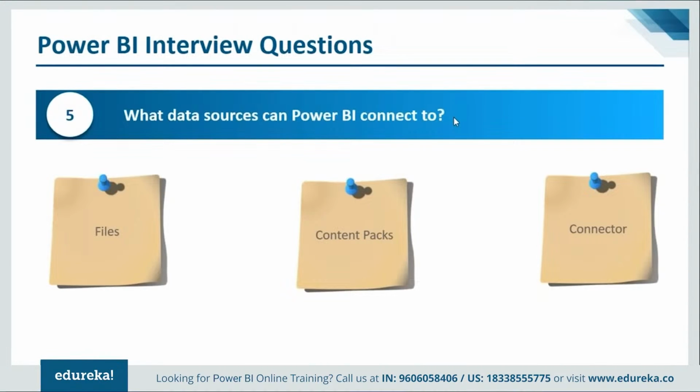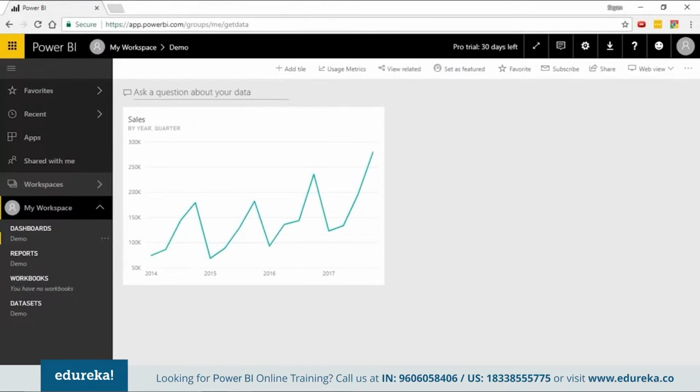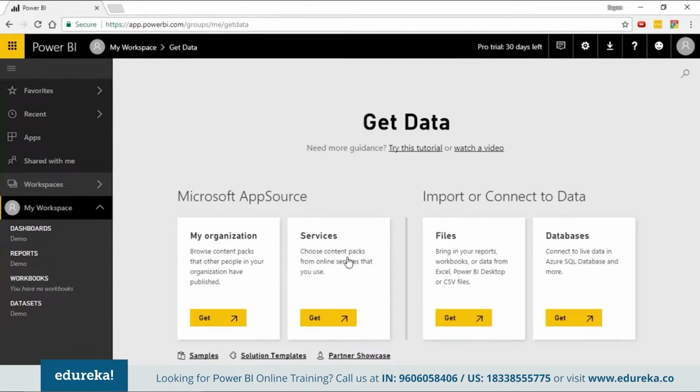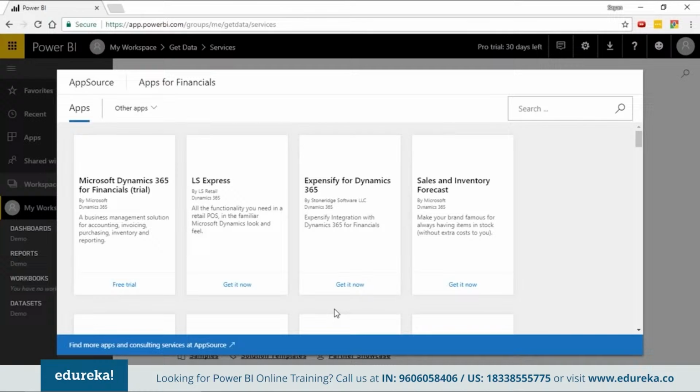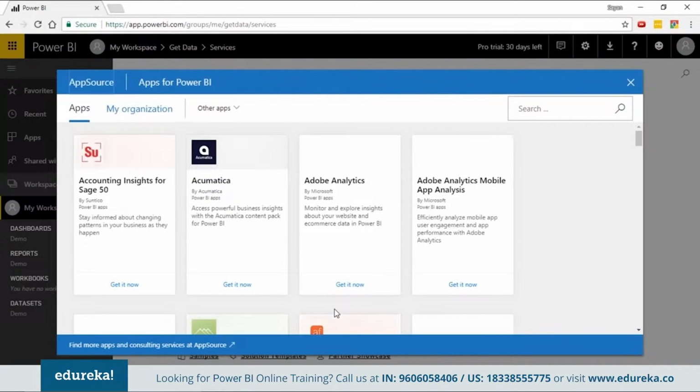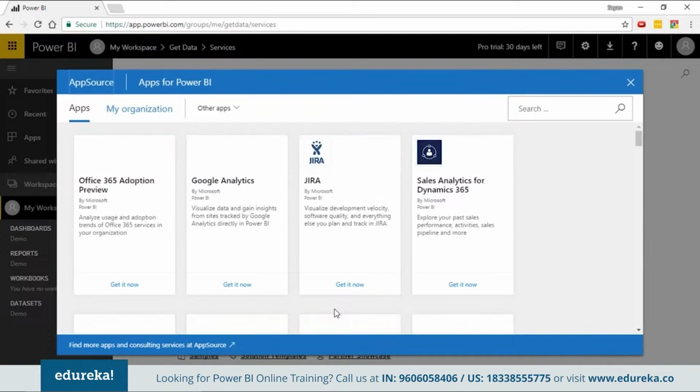If you talk about the service, you can go to get data into service. And you have a further lots of services you can connect to from here. So just as an example, you can choose content packs. You can obviously connect on to content packs, which are nothing but pre-built and pre-packaged dashboards, we like to call it. In other words, another name for content packs is what we call apps. So nowadays, apps are a replacement for content packs. You can think of it, and they're nothing but pre-packaged. It's like packaged dashboards, where you have already built the reports, the data sets, the dashboards, the model, everything, and the end users are just consuming it.